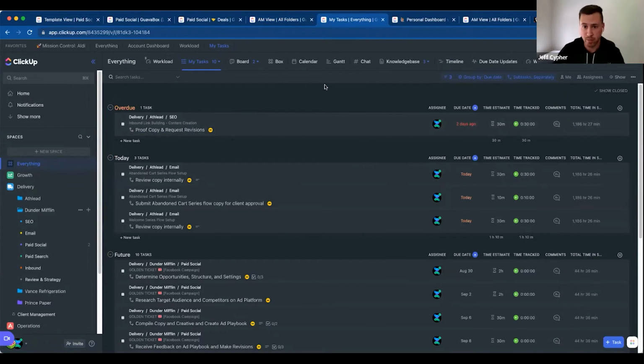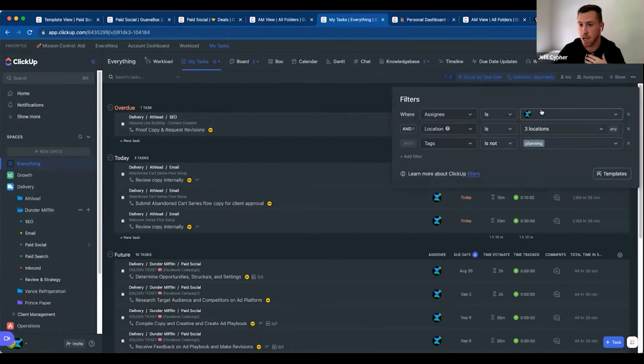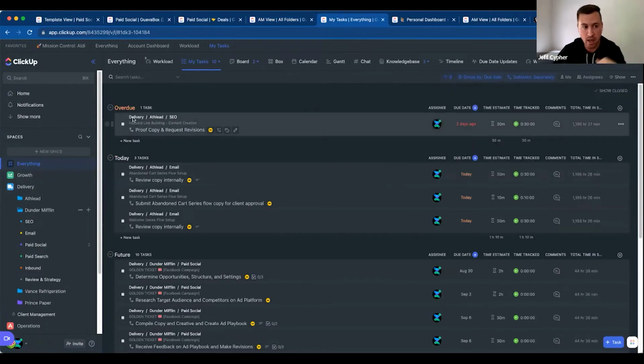As an individual contributor, I can go up here, create a view for just my work, and see everything I'm assigned to. So I'm able to see, hey, maybe work that I have overdue, what work is due today, and this is crossing across all of the projects that I'm responsible for. I'm able to see my work, and then I can go into these specific tasks. And again, it's going to show me how to do it, what's the time estimate on this, and things like that. So it makes it super helpful for me to know what's on my workload and what I need